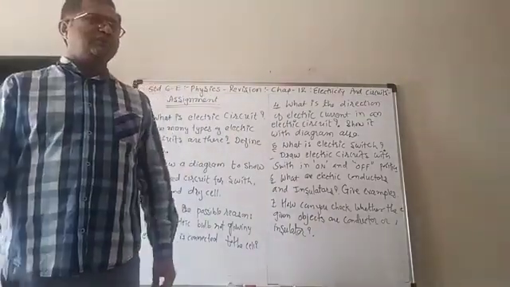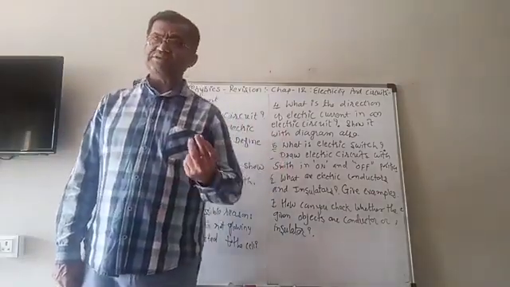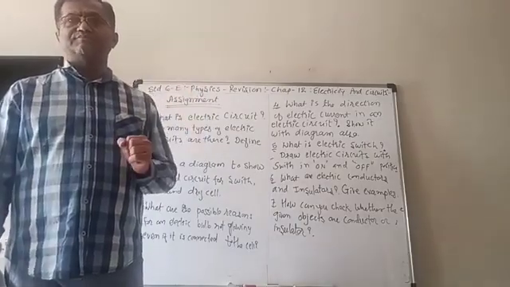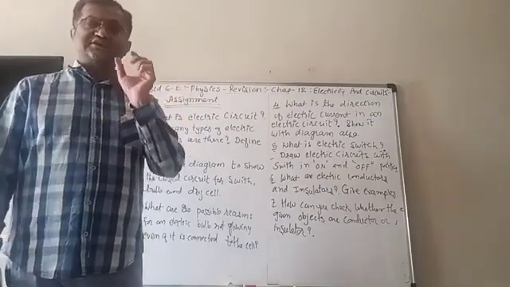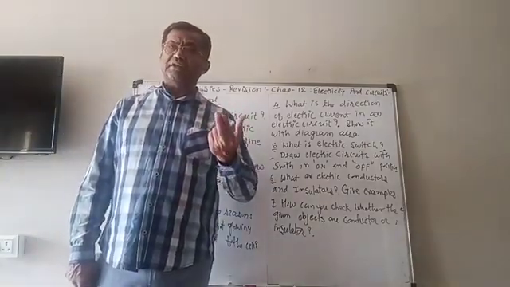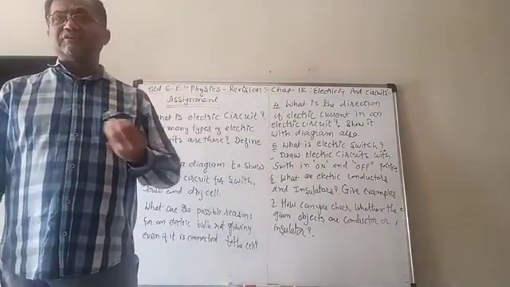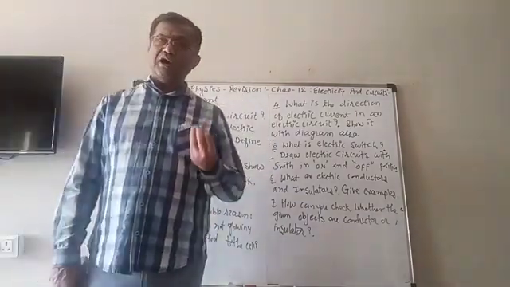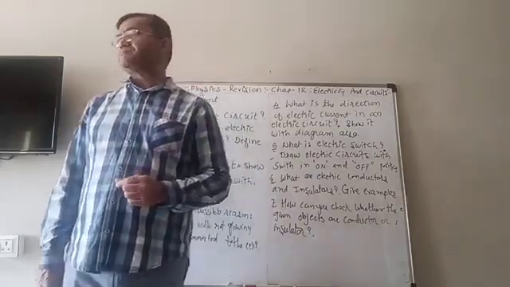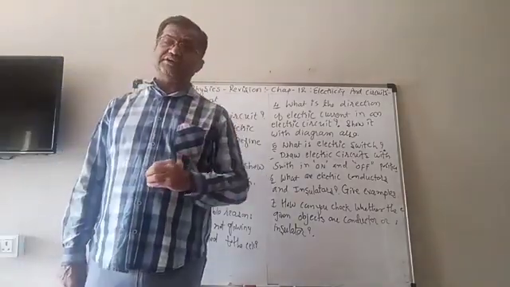Second type of circuit is the open circuit. Open circuit means between the positive terminal and negative terminal of cell, somewhere there is a gap. Means either the connection of the bulb, connection of the switch, connection of the cell, one of the end is loose, or wire is broken, then there will be a gap somewhere. So that type of circuit is known as the open circuit.